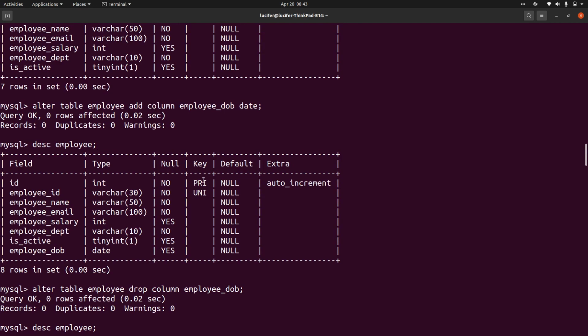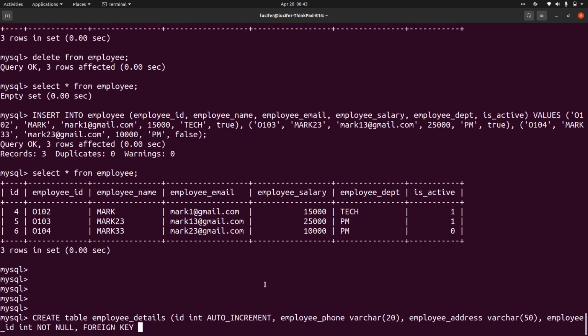So for that primary key column, I should be using it as a foreign key column. I am adding my foreign key to this employee ID, which references the ID in the employee table. I know this seems a bit confusing, but just remember the structure, how it goes.